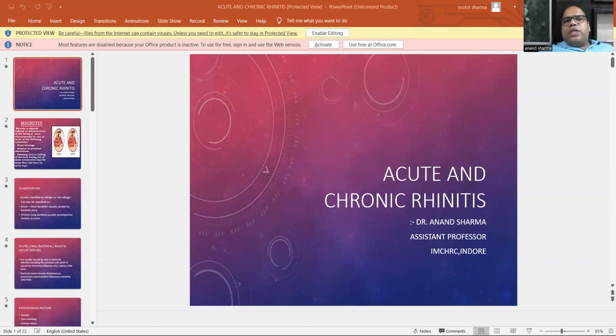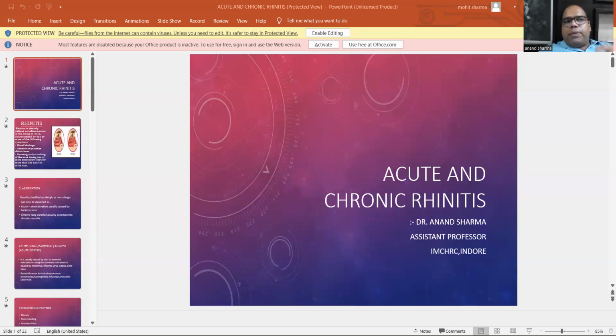When there is infection, initially there is vasoconstriction for a short duration. After that, there will be reflex vasodilation due to accumulation of the metabolic product in the nasal cavity. This vasodilation will be more as compared to normal vasodilation, because it's not due to requirement of oxygen or nutrients, but it's due to removal of the waste product accumulated due to the initial vasoconstriction. So there will be high chances of hyperemia, high chances of blood flow to the nasal